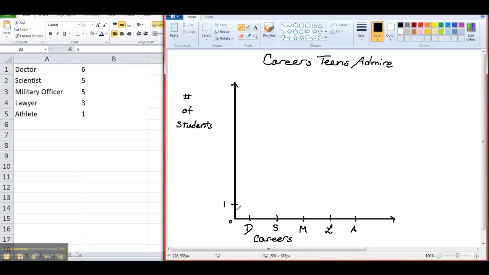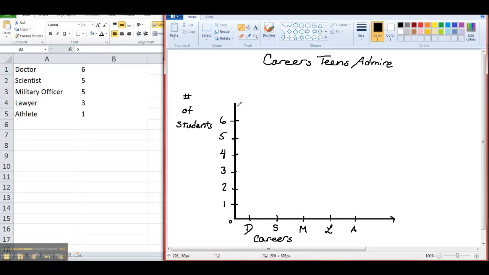Now you want it equally spaced. So 1, 2, 3, 4, 5, and 6. You don't want too much gap here, so I'm going to erase some of this axis,